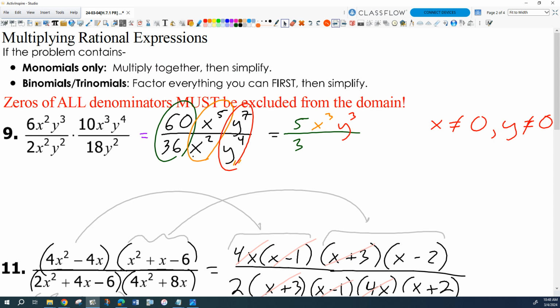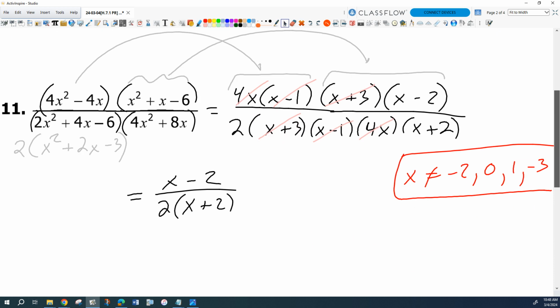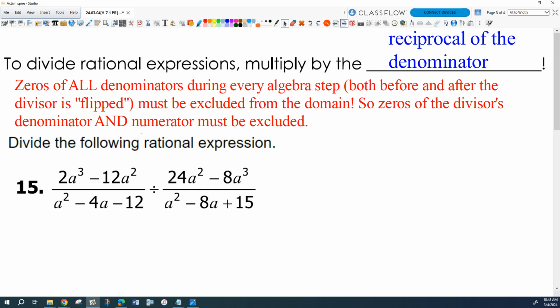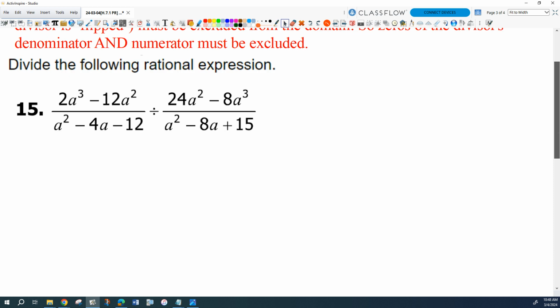If we look at the previous example, nothing ever got flipped. And so the factors in the denominator started in the denominator and ended in the denominator, right? But when we're dividing, we're going to flip this bottom fraction so that the factors that start off in the denominator don't end up there. They end up in the numerator. But because they were there to begin with, they have to be excluded also, right? Okay, so let's